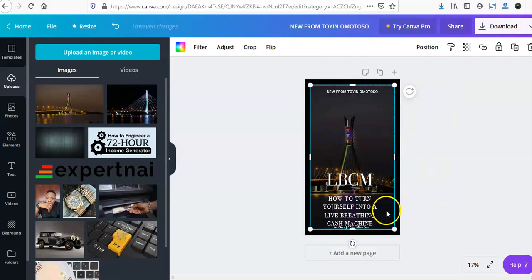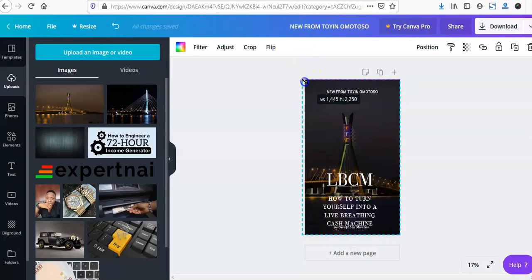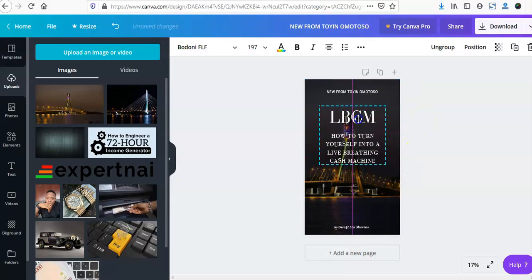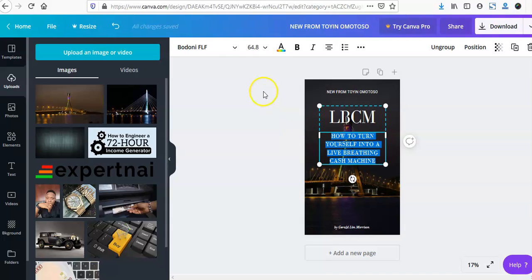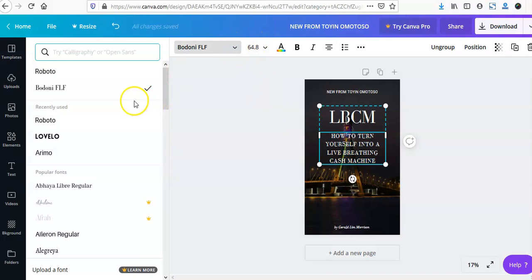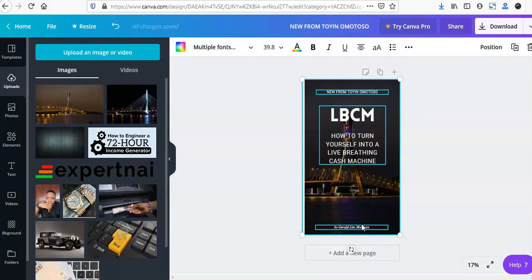Okay, so then I can even drag my image so that it fits into the entire area. So then I can bring this one right here. Then let me change the font for this, how to turn yourself into a live breathing cash machine. Sometimes if you click on something and it's not selecting, just double click on it. That's the way it works. So just change this, and then I can come over here and put my name